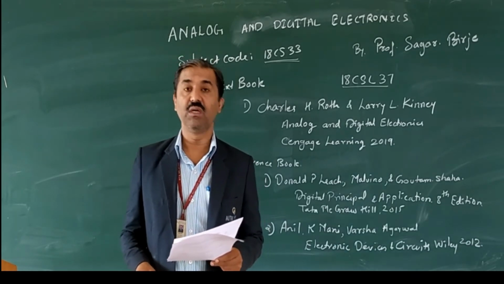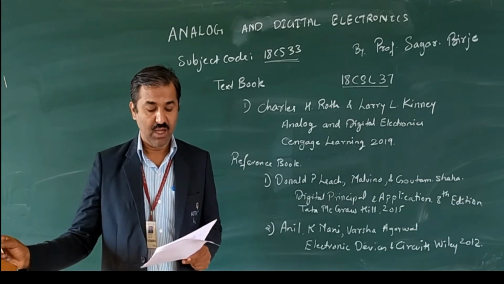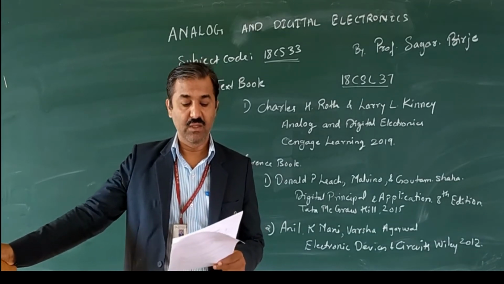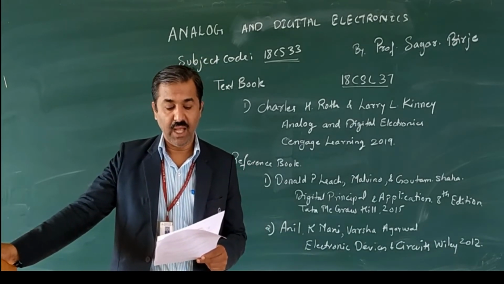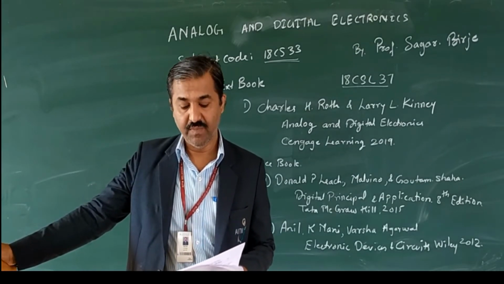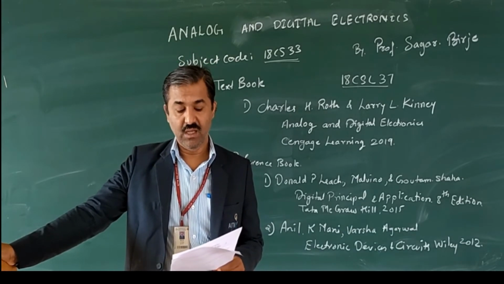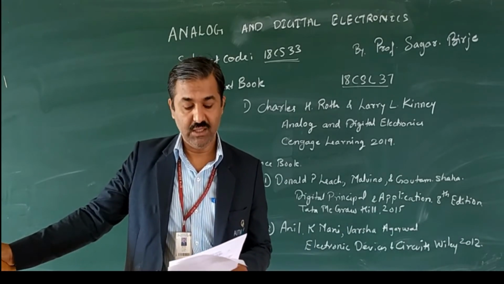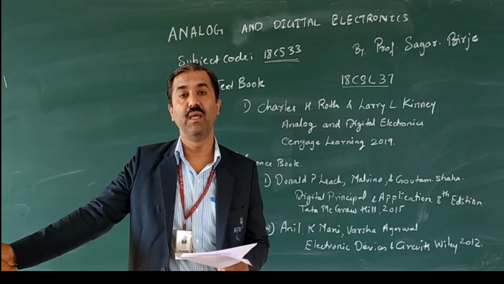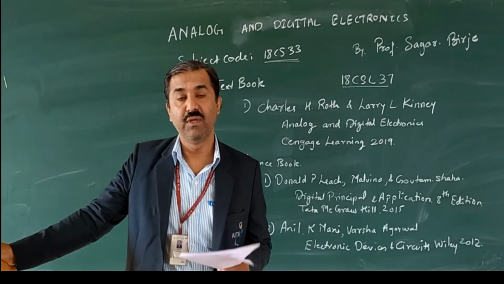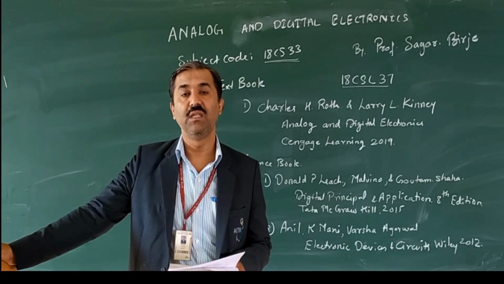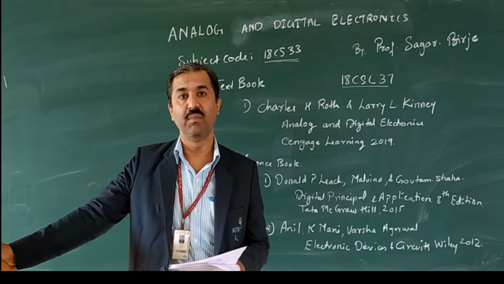Ultimately, at the end of the subject, what I have learned is what the course outcome talks about. The learning outcomes of this course are that the students will be able to understand the designing and analyzing of applications of analog circuits using photo devices, timer ICs, power supply regulator ICs, and op-amps. These basic concepts about the analog part will be covered in module number 1, and the first objective states the learning methodology that you are going to have in module number 1.